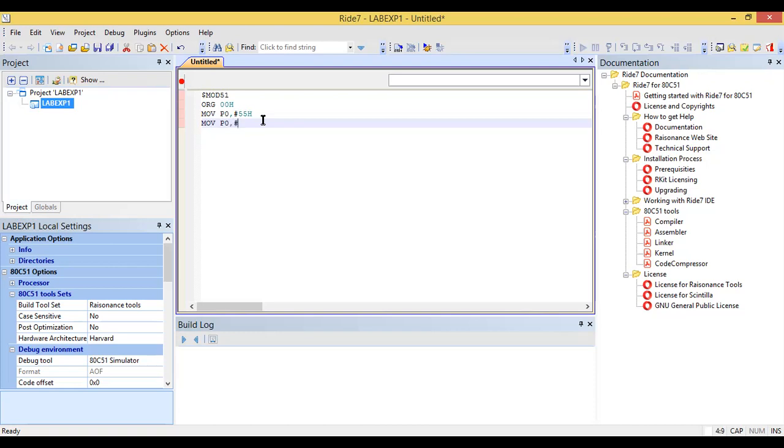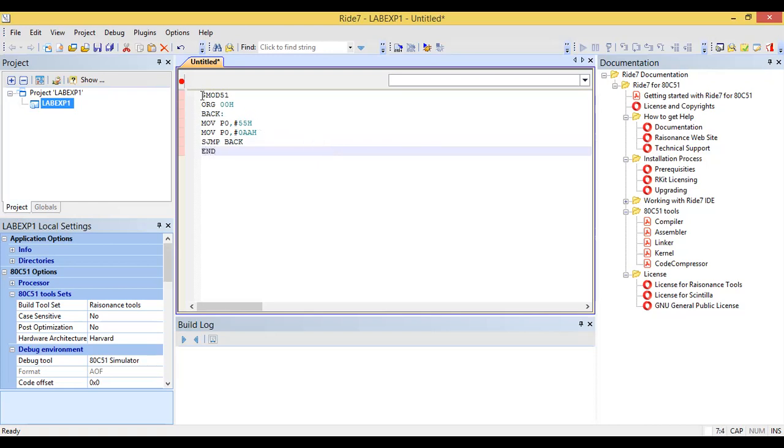When you give a hexadecimal value starting with a letter, please write 0 before it. So 0AAH. It's actually AAH, but before writing the A, you need to write 0. That's all, and I need to continue this statement. So I'll write SJMP back, because I need to repeat the steps. So this is the label back. Program control goes to here, and after writing the program, please put the command END.